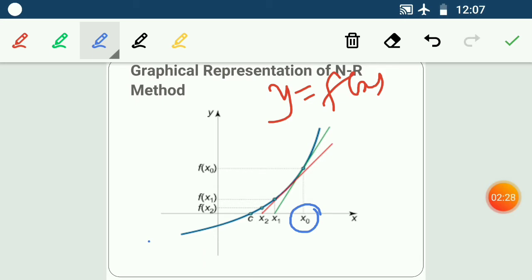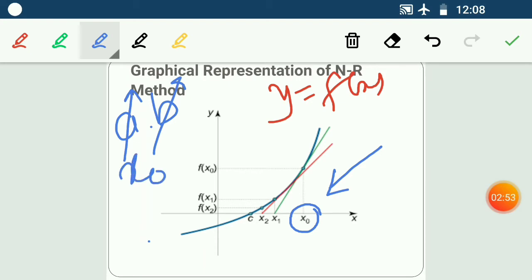Now how will we find it? The similar process we did in the bisection method and the Regula-Falsi method, by random check. We used to find the values of a and b there. Now we have to find only one value, either a or b, whichever is nearest to this root, and how we find it we will see in the numerical problem. Because there is only one root we are working on, it is named x naught, not a and b.